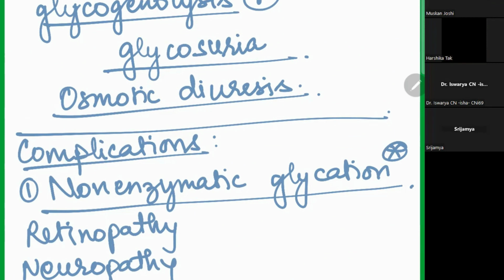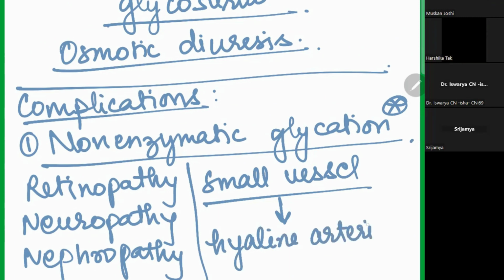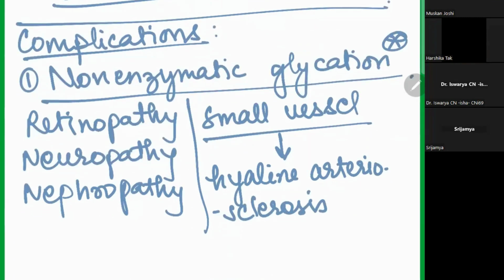So these three things happen because of small vessel glycation, and this will lead to what? This will lead to hyaline arteriosclerosis. So they might give you these terms, and they will ask what is happening there. So you should know the pathophysiology. Now, what about problems with cerebrovascular diseases? In diabetes, the major reason for death is